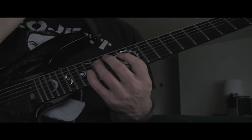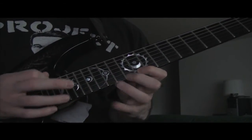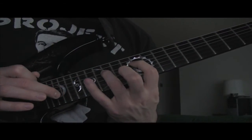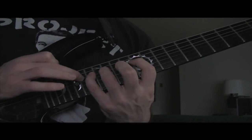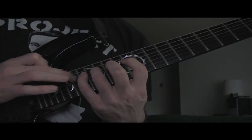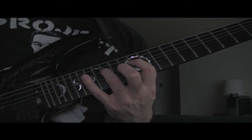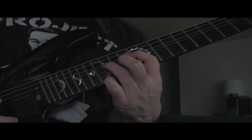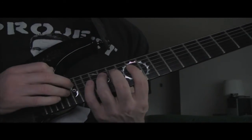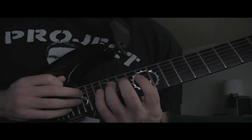Now if you want to alter it, again, it's the same shape up, then down, then I climb back up, then I go on 18, then I slide to 19, then slide back down to 18, pull off 17, and then pull off the 15. Then I'm back on the root. Now if you want to go even more adventurous, you'd go